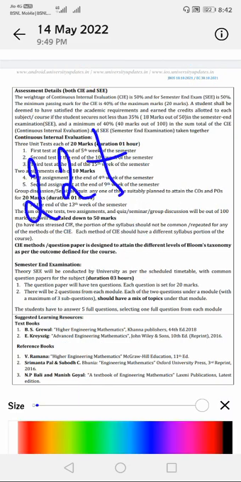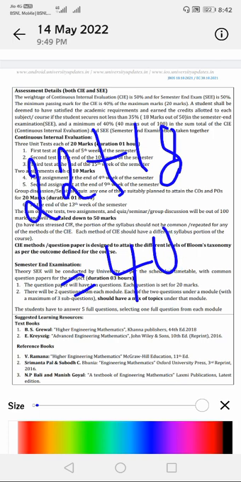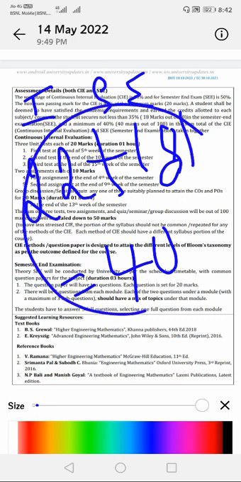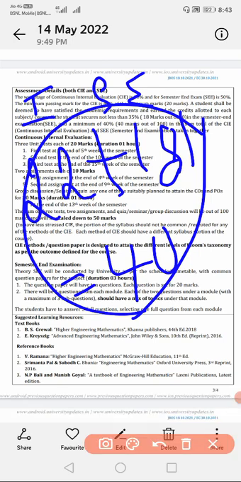The subject, overall subject, you are going to be clear. You are going to get pass if you have this equation: internal, external, or CIE, semester end examination. Okay, so this is the logic of theory examination. This is the formula of theory examination. Okay,